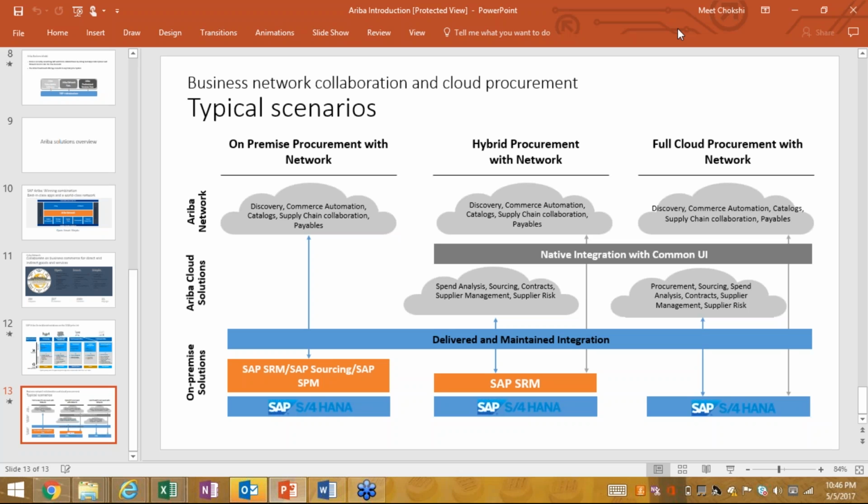There was no concept of material in Ariba. Only within the last 4 to 5 months have they come with this approach to send your material master from SAP ECC to Ariba, and that's how we use material master in contracts and sourcing, and get pricing against a particular material. Is that clear?